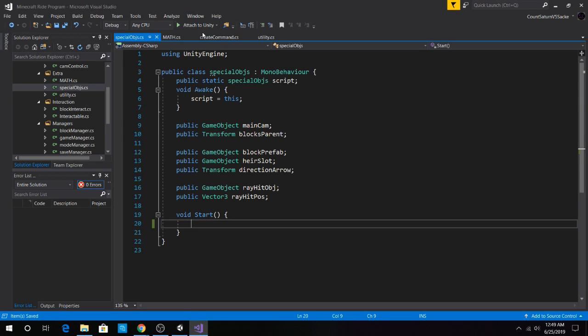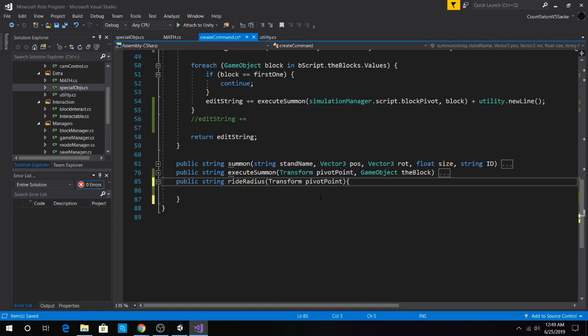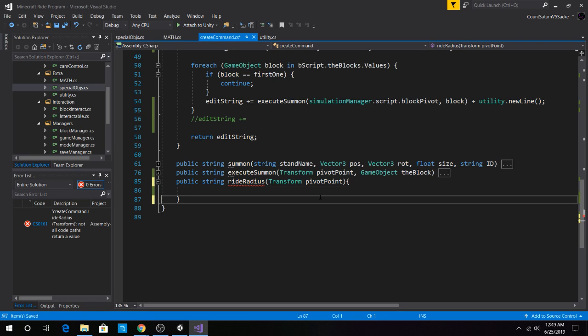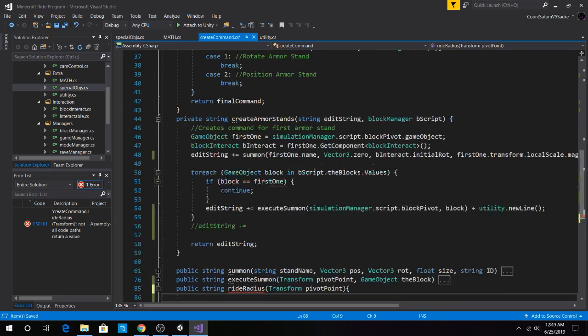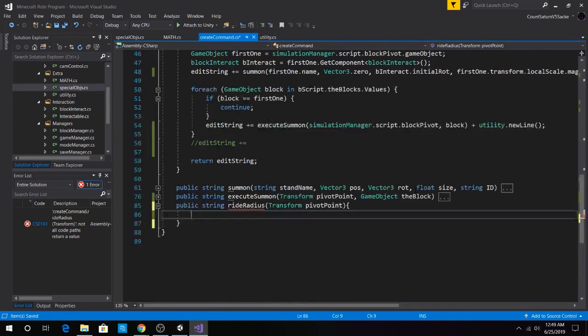Go ahead and go back to create command. And basically what we want to do is, actually, no, I want to make a list. That sounds a little crazy. Oh, what? Actually, can I make... oh, I think I know what to do. So basically what we can do is we'll make a float array of distances